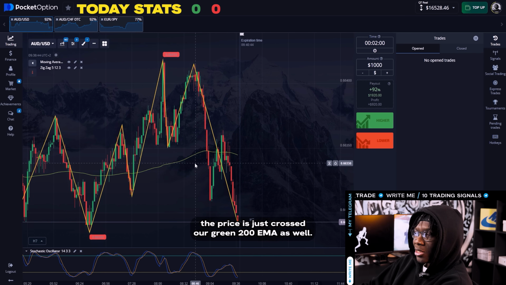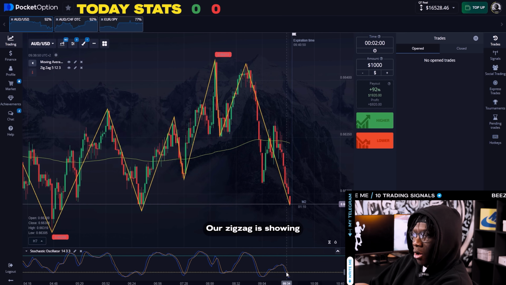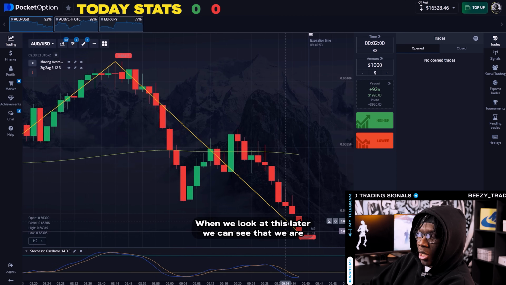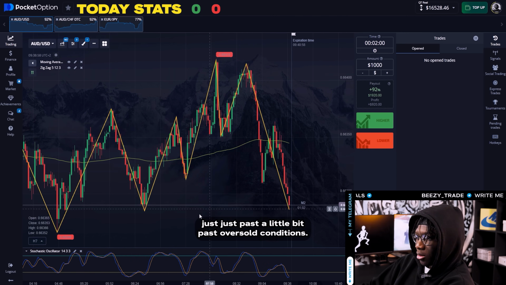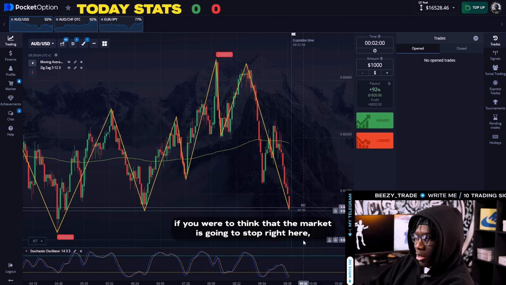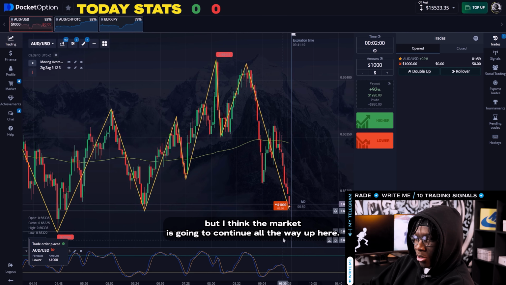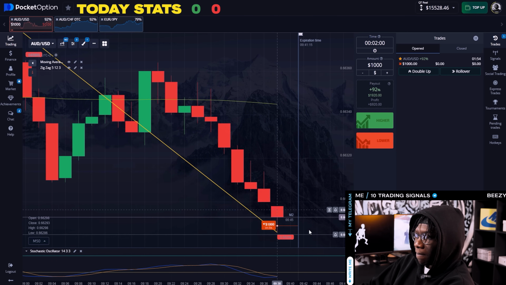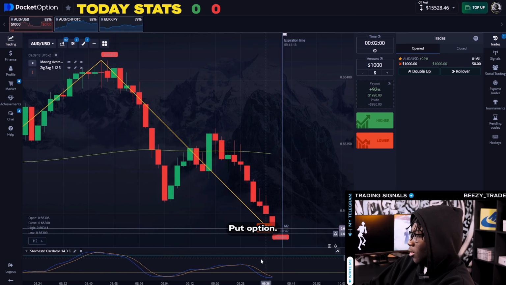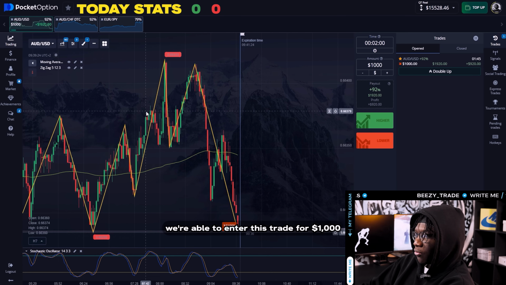We can see that the price has just crossed our green 200 EMA, as well as zigzag is showing a low. When we look at our stochastic oscillator, we can see that we are a little bit past oversold conditions. Now, you might think that the market is going to stop right here, but I think the market is going to continue all the way up here. So right now might be a good time to enter into a put option. So now that we see that the region is above 20,